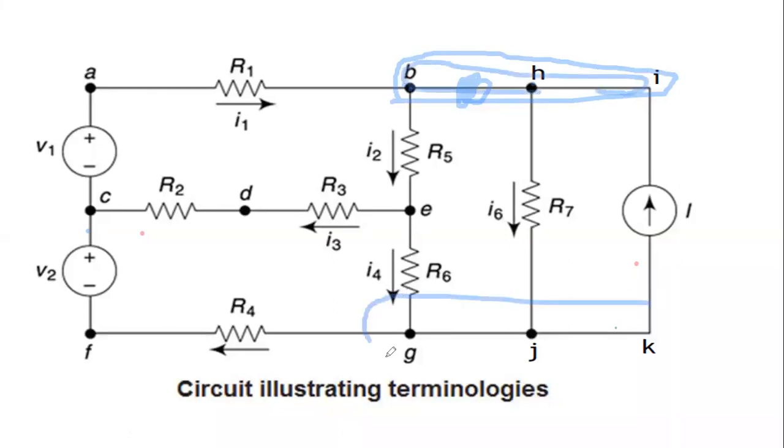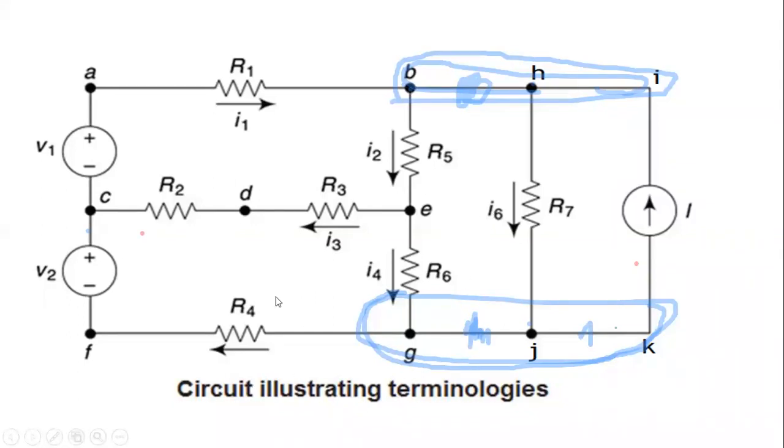Similarly here also, this G can be considered as a node. J and K are not going to be the nodes. G only. So this complete is one node, because here also nothing is connected. No elements are there. If another element were there, then this would be a node. But here no element is connected. See carefully.